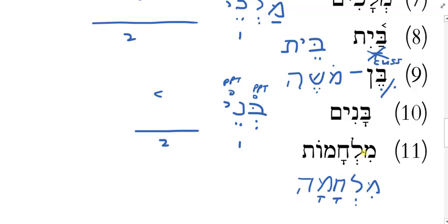Now we want to say something like the battles of Israel. Okay, we want to make it construct. So what would I have to do? First thing, check the ending. Can I change that ending? Does ot change? No, ot stays ot. Yes, the Quaker ending. Quakers never change. Right?